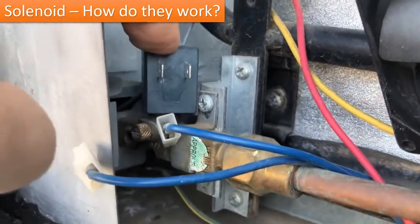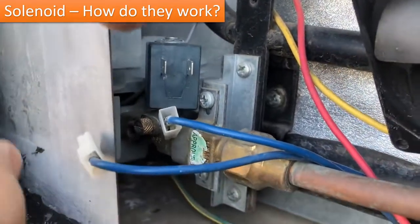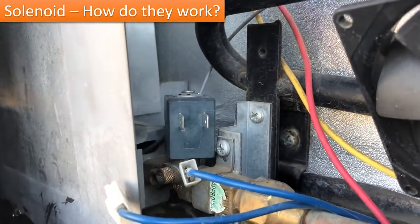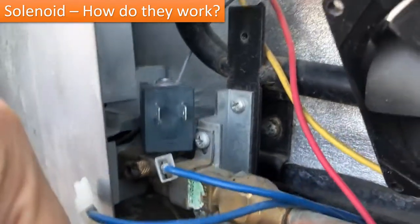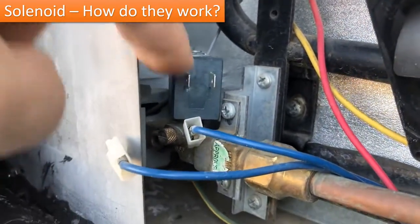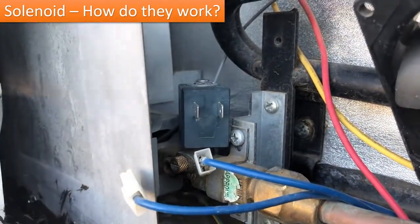So what this actually is, is a coil. This is an electromagnet. When you apply a voltage across here, inside of that tube is a plunger. And that plunger has a spring on the top to have its state normally closed. So if there's a failure in your refrigerator, that valve is going to be closed. It's going to slam shut, okay? When you apply power and you energize this coil, it's going to lift that plunger and allow gas to flow